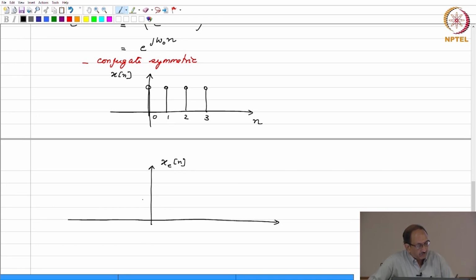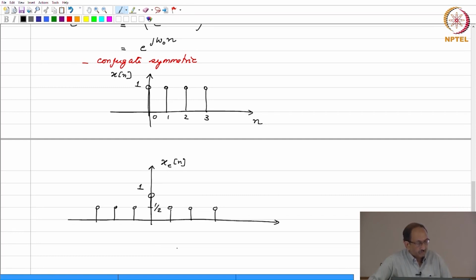What happens here is at n equal to 0, x of 0 and x of minus 0 are the same. If you add them up and then divide by 2, you will get back your sample value at 1. For the remaining 3, the even part will look like this,